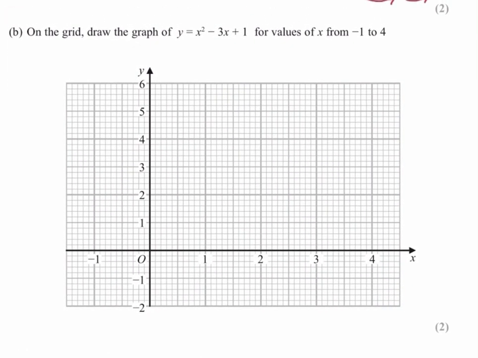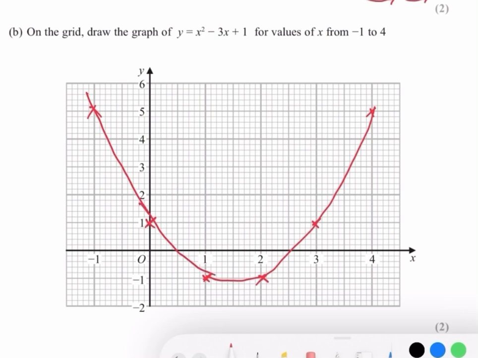And now use your values from the table as coordinates and plot them on the grid. So minus 1 and 5, that was the first coordinate. Then you have 0 and 1, 1 and minus 1, 2 and minus 1, 3 and 1, 4 and 5, and join them in a curve. It has to be a curve. It's not a straight line. It's not a linear graph. It is a